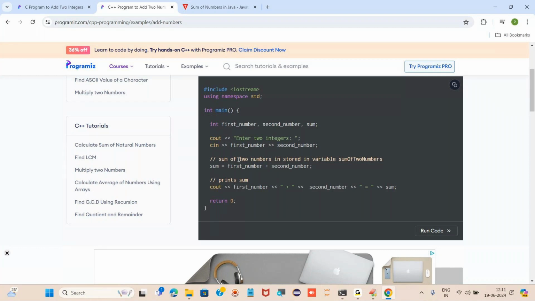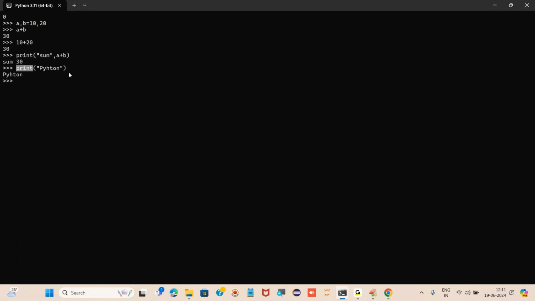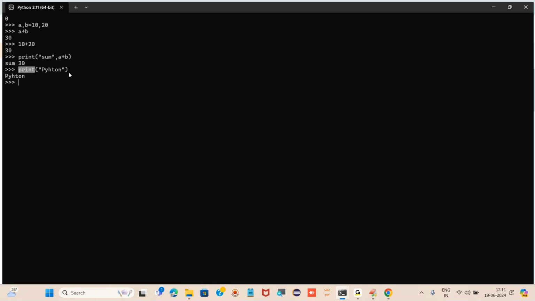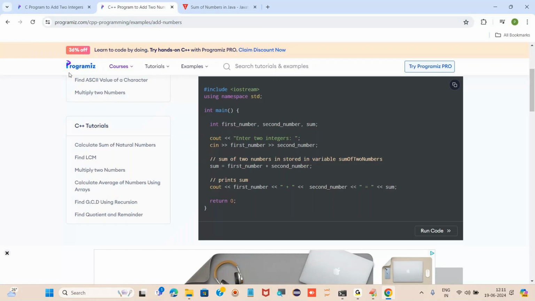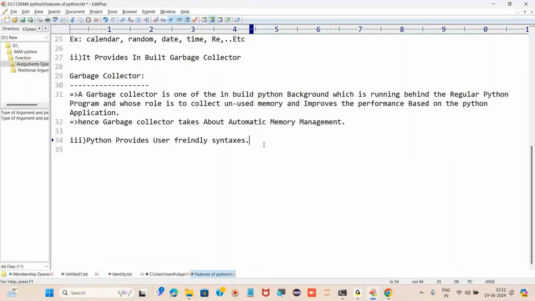But in Python, there is no need of knowing any other traditional languages. It is as simple as you are seeing here: to add two numbers, simply we are adding two numbers, how we do in our basic general calculation, right? So that's what makes Python much easier programming, or much easier code to write, when compared to other traditional languages. Getting my point? This is much easier. So Python provides user friendly syntaxes,